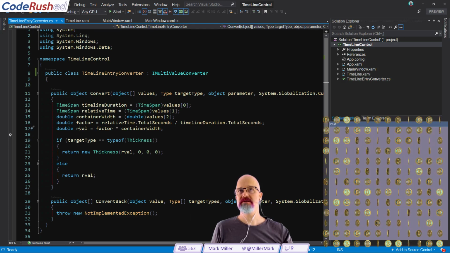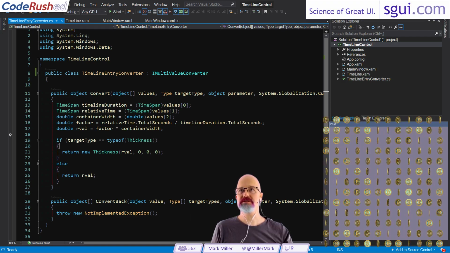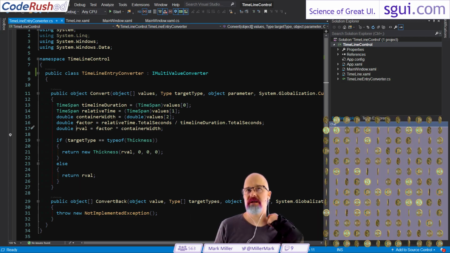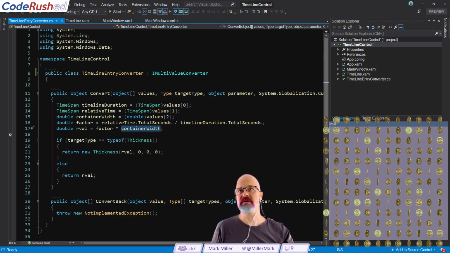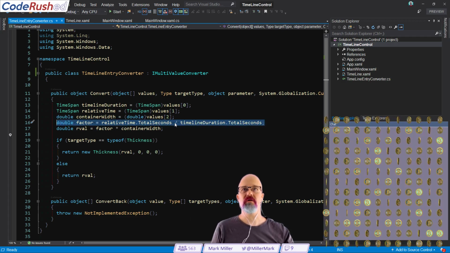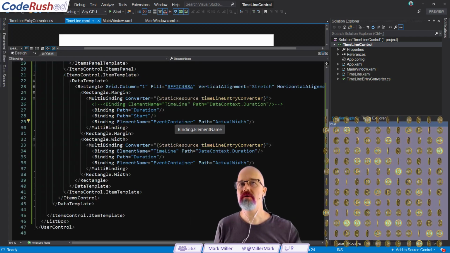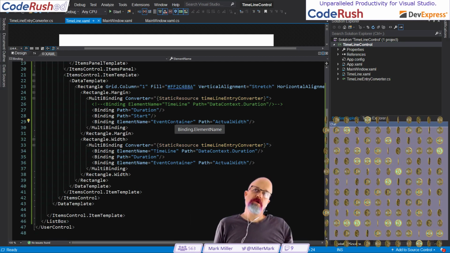And I think actually there's really no changes that need to happen here. It's basically just, I'm going to convert your relative time into some sort of offset in pixels, based on a fraction of the container width and the factor, which is the relative time overall, the total duration. Okay. The total duration,